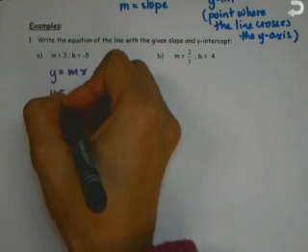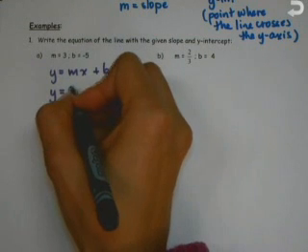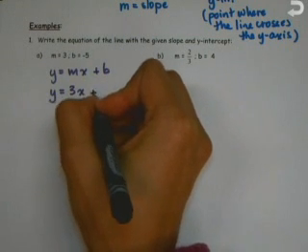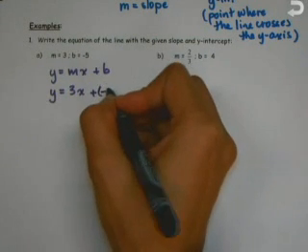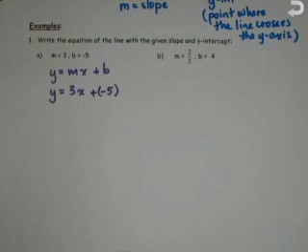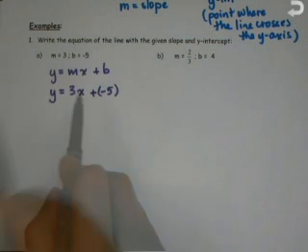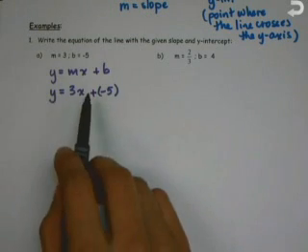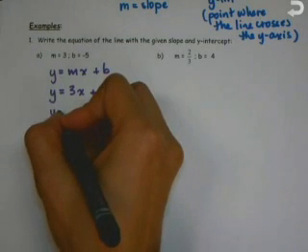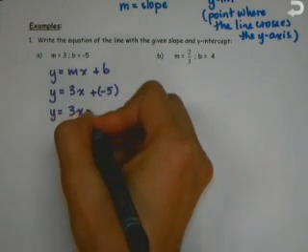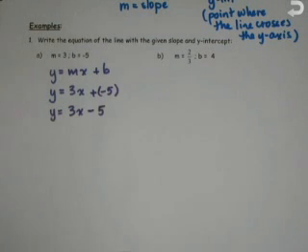In this case, it would be y equals 3x plus -5. But we never leave it that way for an equation. We should simplify it. We never have two signs together like that, a positive and a negative. That simplifies to minus 5. So our equation then, given this slope of 3 and y-intercept of -5, is y equals 3x minus 5,